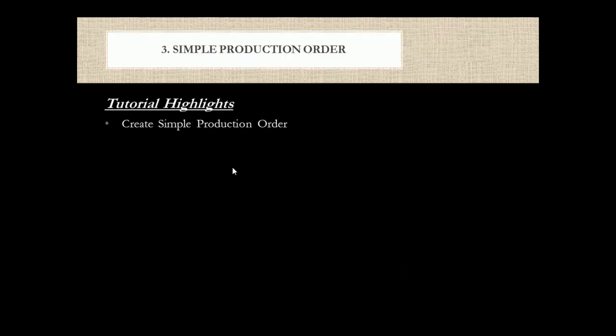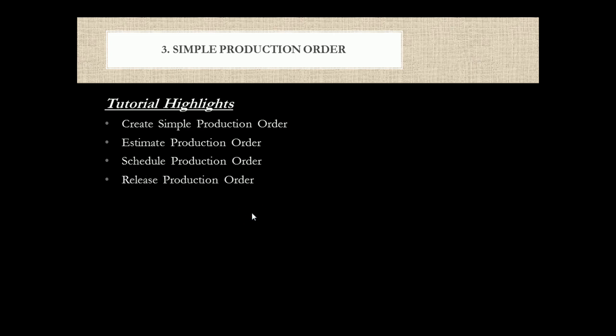For a simple production order, the stages would be the creation of a production order, estimation, to estimate the price, calculation and the hour consumption and the material consumption, and then the scheduling part, where the work centers, or the resources as they are referred to in 2012, are scheduled either by job or by operation scheduling. Then we have the release of the production order and starting the production order,